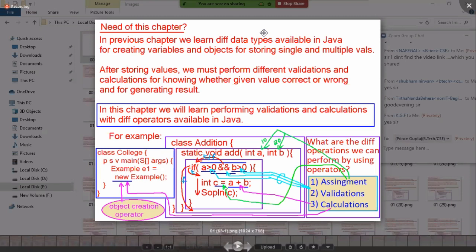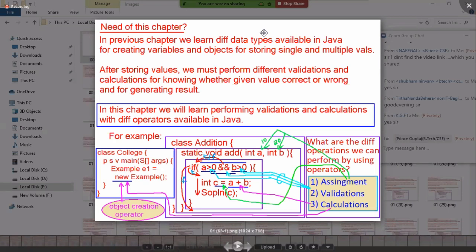Okay, now the tea. You want a tea packet. So you are searching for where the tea packet counter is. If you don't know, you call a helper there and ask, where is the tea packet counter? Then you go to the tea packet counter, looking at what your mother has written: 250 grams. Where is the 250 grams packet? You find it and place it in the trolley. If it is not found, you call the helper and take help from that boy or girl, asking where the 250 grams tea packet is. Then the helper helps you and gives it.